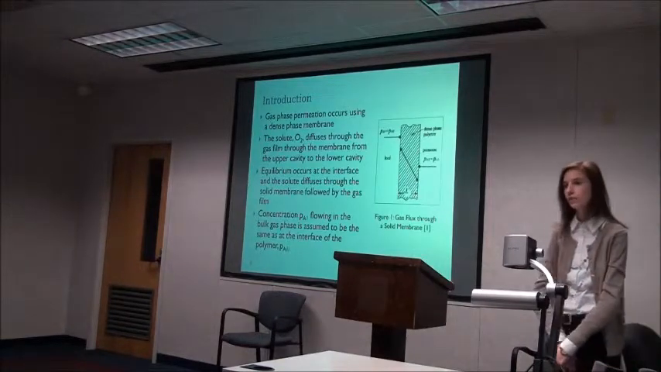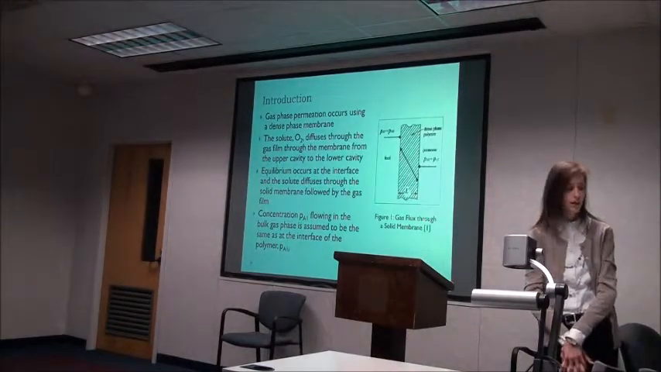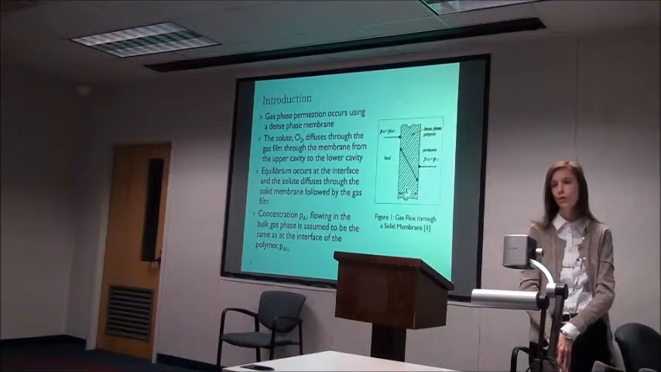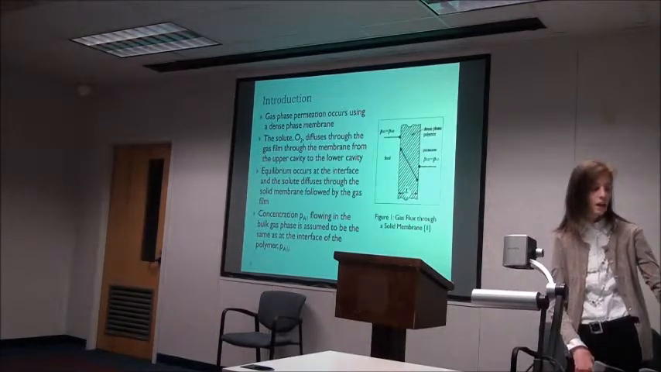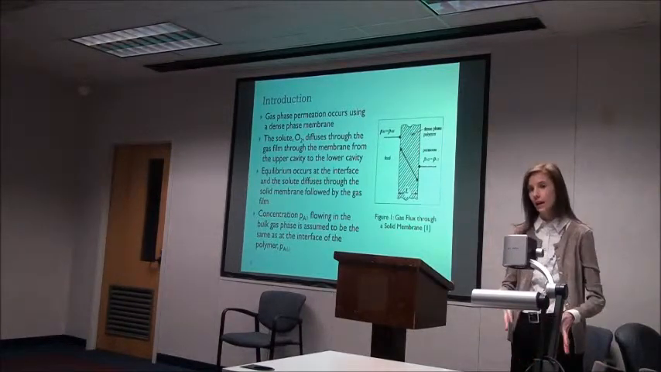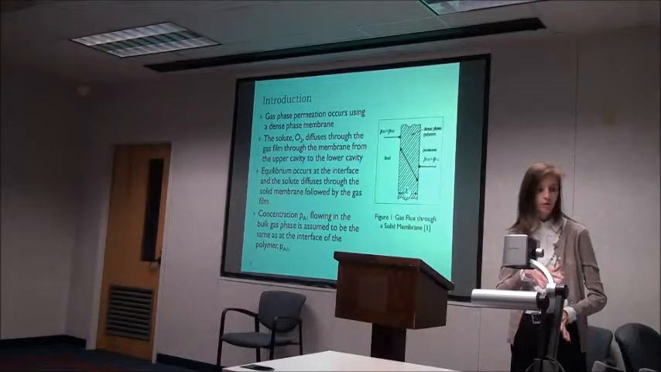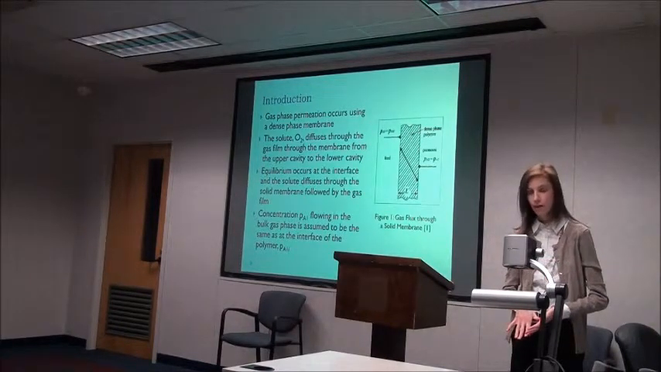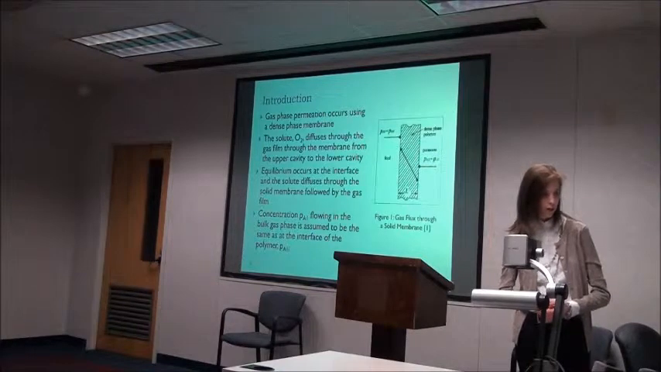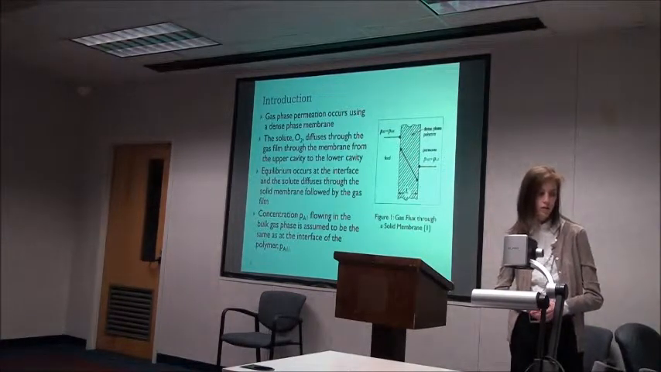So to start with an introduction. Gas permeation occurs through a dense phase membrane, as can be seen in figure 1, where it's coming in and the solute O2 diffuses through the bulk gas film, through the membrane from the upper cavity to the lower cavity. And equilibrium occurs at the interface, where we see that the solute diffuses through the solid membrane, followed by